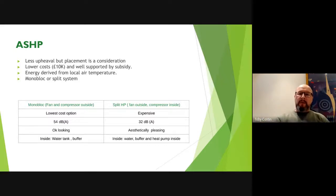The split system leaves the fan outside and moves the compressor inside. So the fan is dragging heat over and heating up the refrigerant. Then it goes through the compressor, and then the process starts of intensifying that heat. What are the benefits and